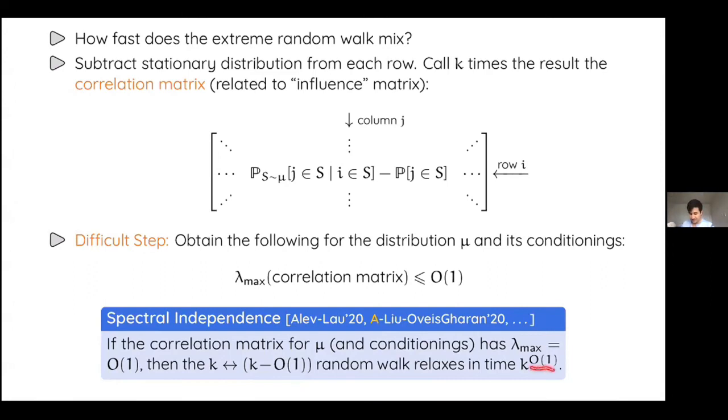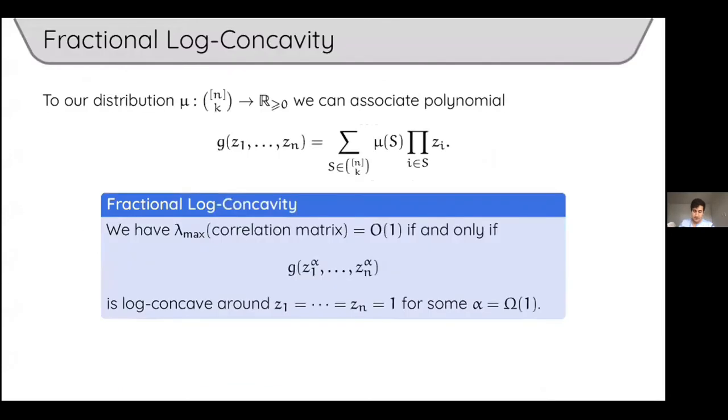And all of these orders of 1 are actually related. So basically the worse your bound for lambda max is here, the larger the number of elements that you have to drop, and the worse this relaxation time would be. Okay, but as long as things are constant, everything remains a constant. You can just run this for polynomially many steps.